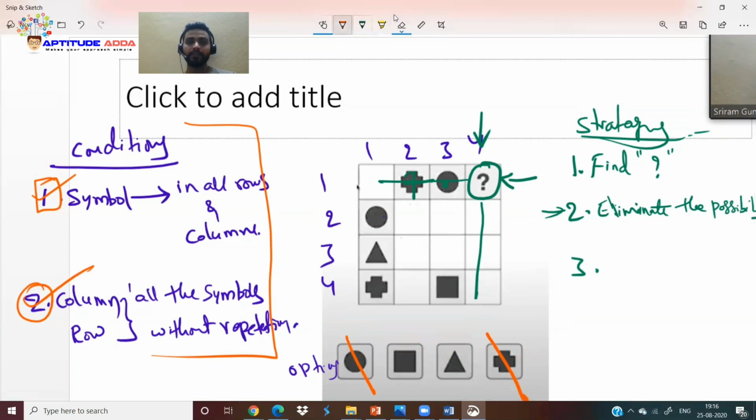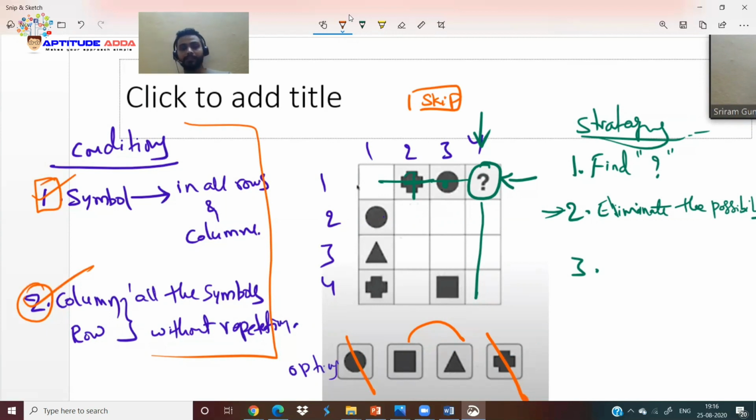Yes, you eliminate the two directly. Second step also over. So now your answer can be a square or a triangle. Guys, in the worst case, if you want to skip a question, you just follow the second step and then skip to the next question. Here, you will not get any skip option at the bottom for these questions. If you want to skip to another question, you have to click on any random option. However, we don't have negative marking, right?